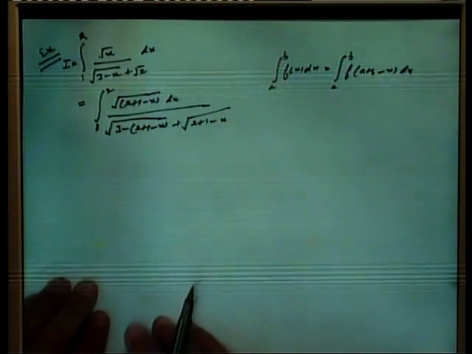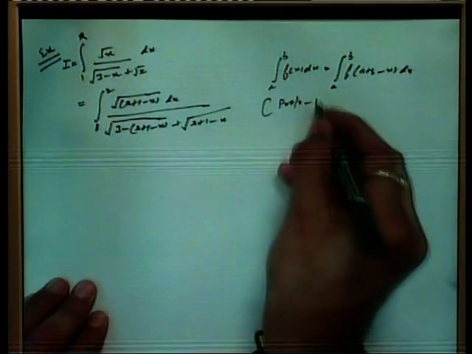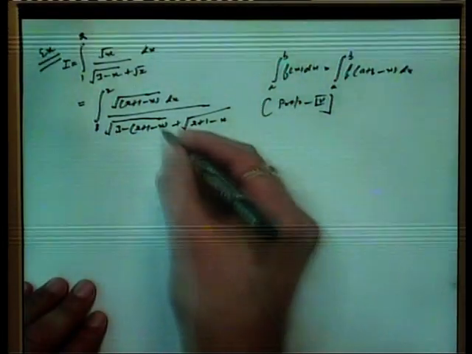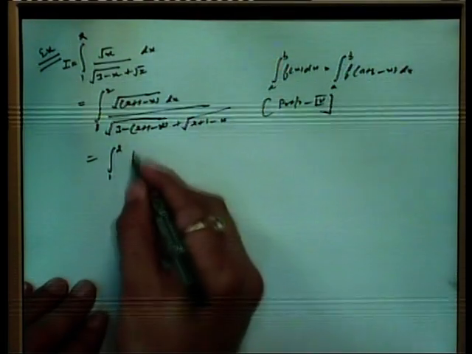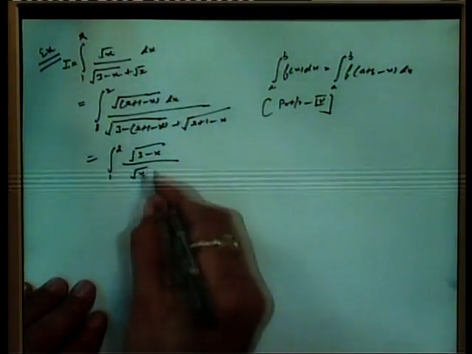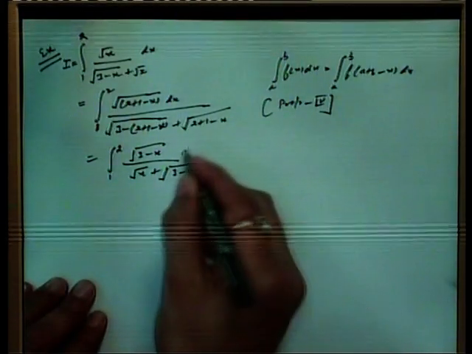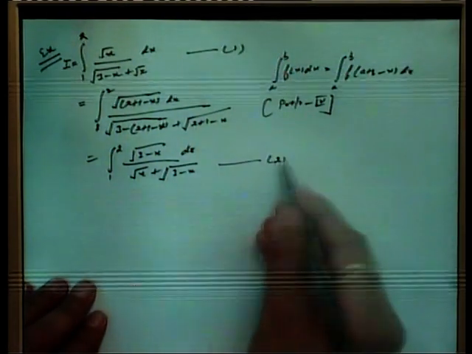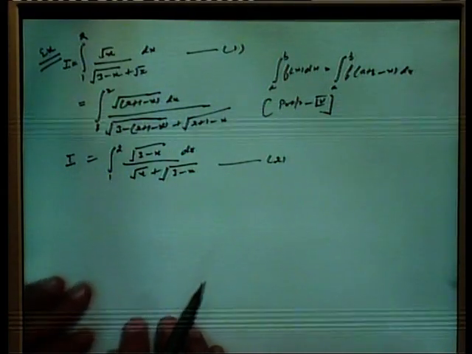You can apply the property number 4. 2 plus 1, so after solving you can get the integral 1 to 2 of root (3 minus x) divided by root (3 minus x) plus root x dx. This is number 1, and let us consider this number 2. This is again I. Now you see that on adding 1 and 2,